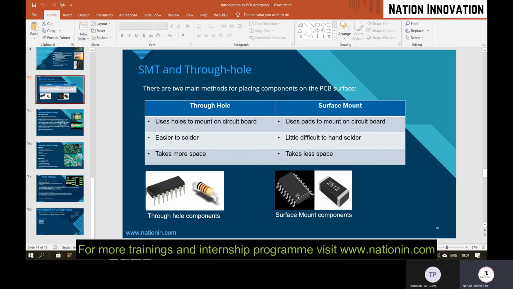In case of SMD, no need of drilling the hole. You will be placing the component on the board. So below the board also you can place the components. That is the advantage of using these SMD components. Whatever PCBs you are using right now in your mobiles, all will be containing these SMD components. Hence, the size of your mobile phones is very less, very thin.